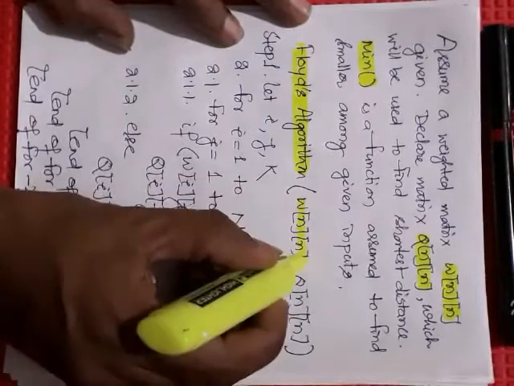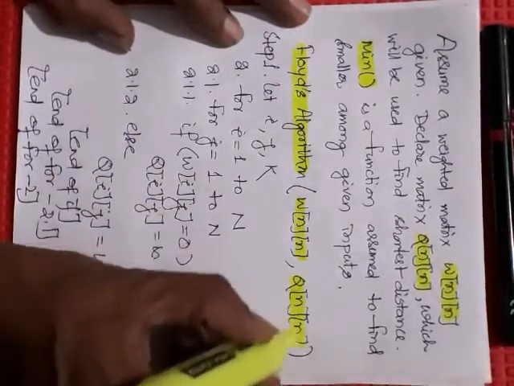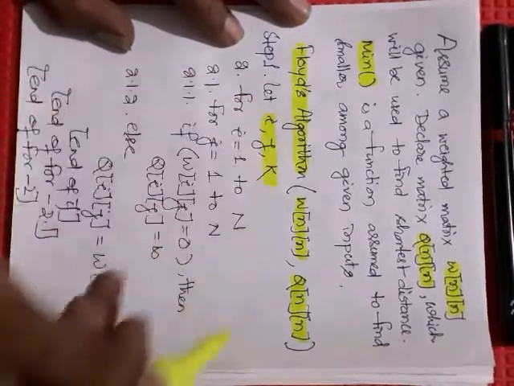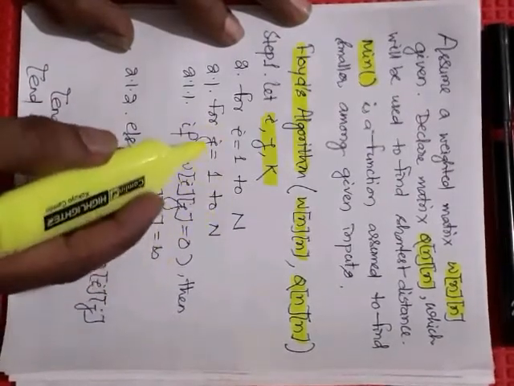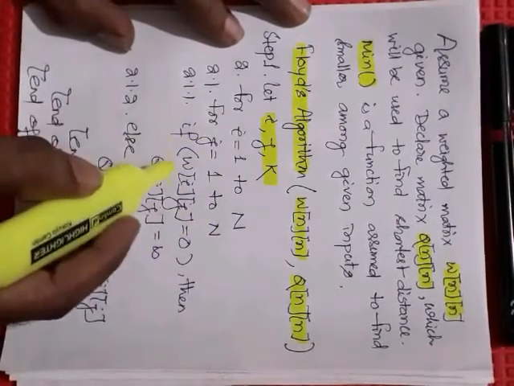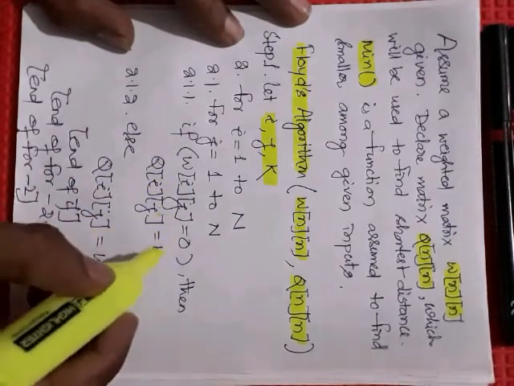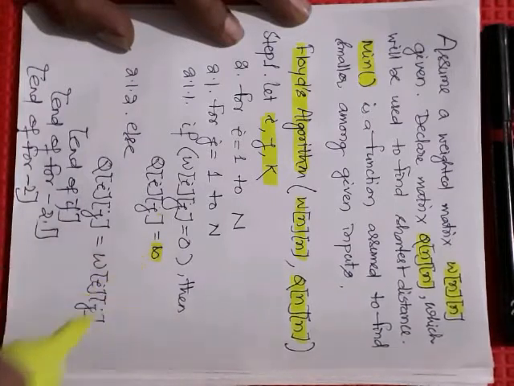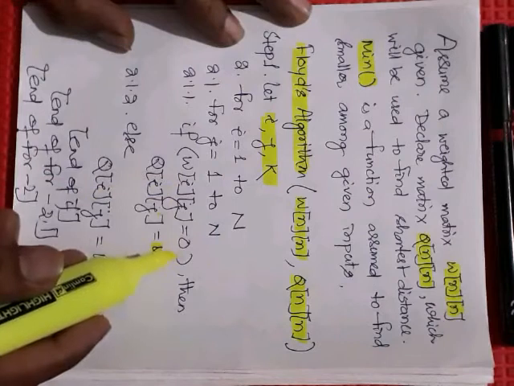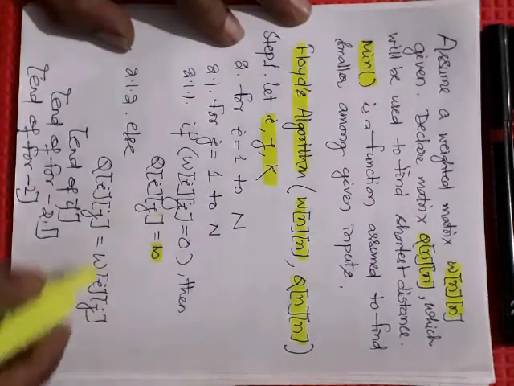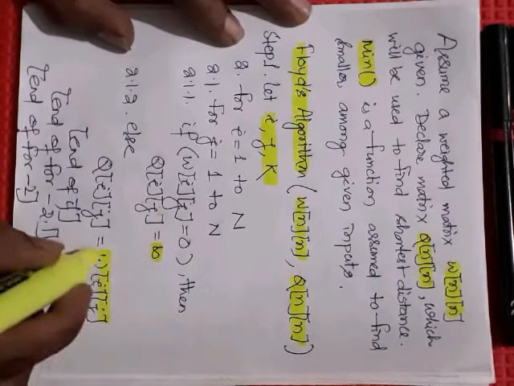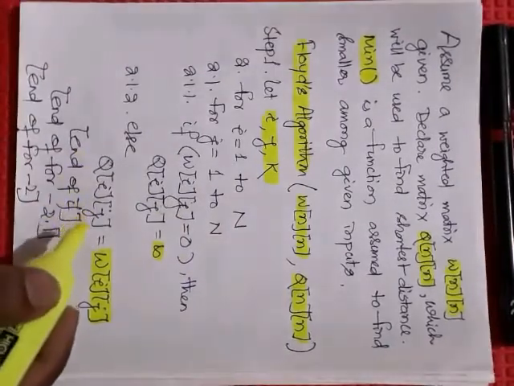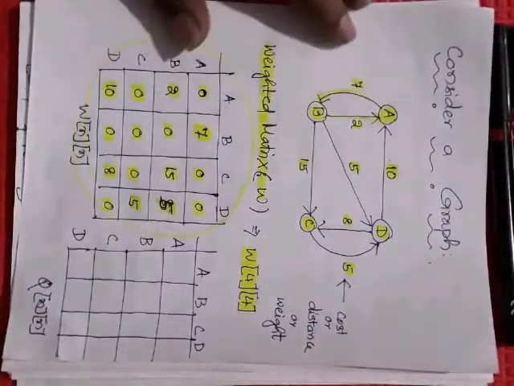Okay. Now the algorithm, let us say the name we have taken is Floyd's algorithm, where within the brackets the weighted matrix W is given and the matrix Q is declared. Then the common variables we have declared are i, j, k. Then for i equal to 1 to n, j equal to 1 to n: if W of ij equals 0, then Q of ij equals infinity. Please observe this, Q of ij equals infinity. And when W of ij is non-zero, that is any non-zero value, then Q of ij equals W of ij, meaning that non-zero value. So what is this statement? If you verify in our matrix, see, this is my matrix.